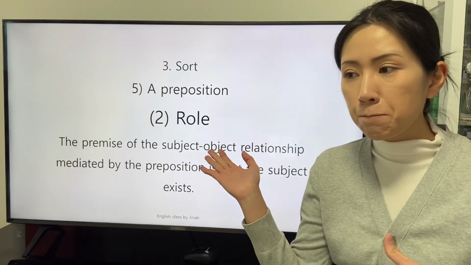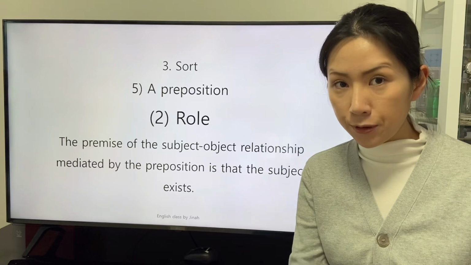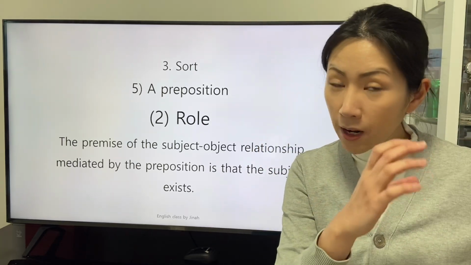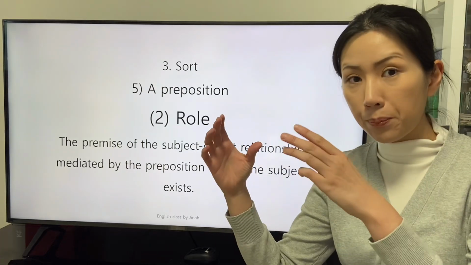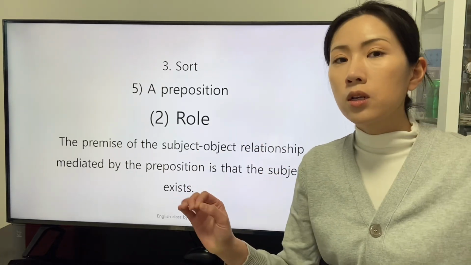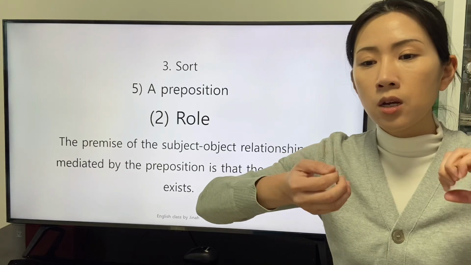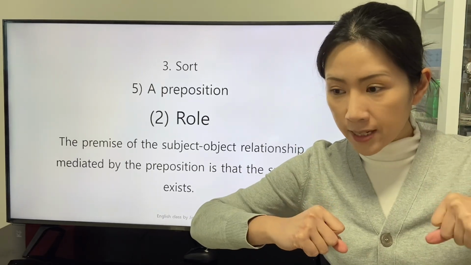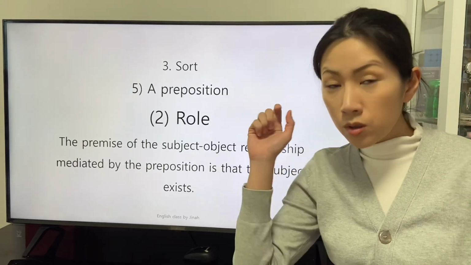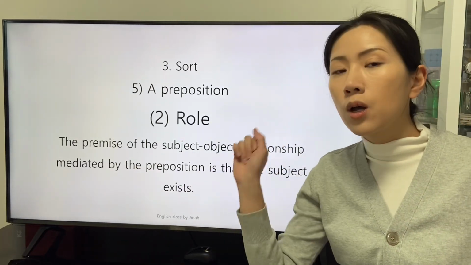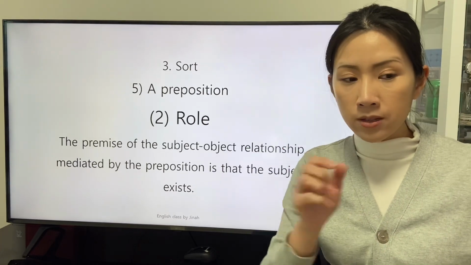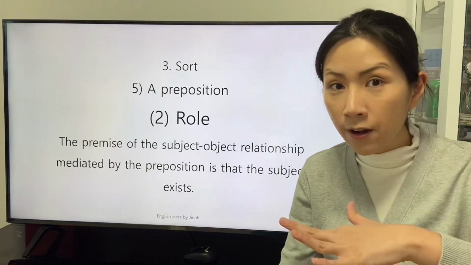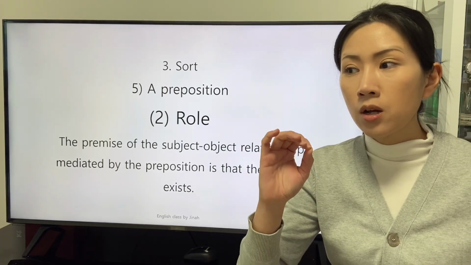This premise is helpful when we figure out the relationship between the subject of the preposition and the object of the preposition, because the definition of the preposition is about the relationship between the subject and the object. With this premise, we are aware that the subject and the object exist ahead of the relationship